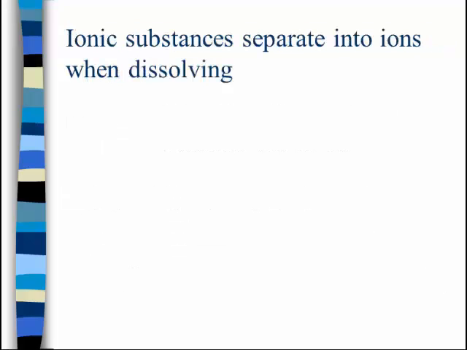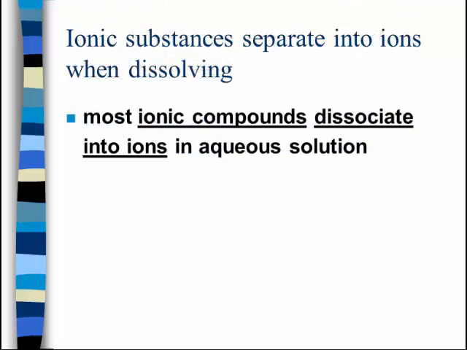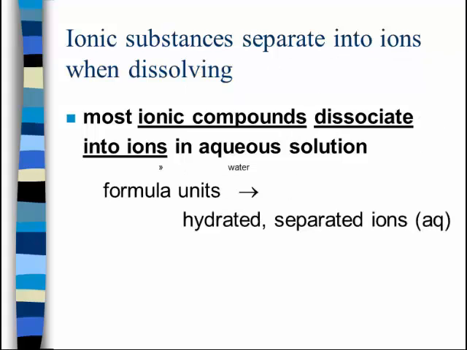So, ionic substances separate into ions when dissolving, the same ions from which they were made. This is usually called dissociation because the ions already exist. They simply have to separate away from each other and become surrounded by the water molecules. So we can write a kind of general dissociation equation. If you take the formula unit of an ionic compound and put it in water, if it's water-soluble, it will